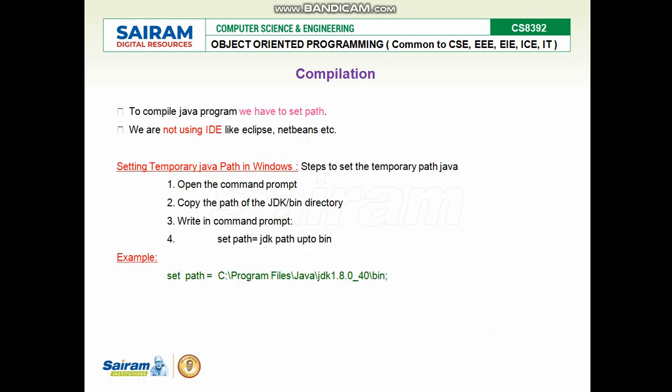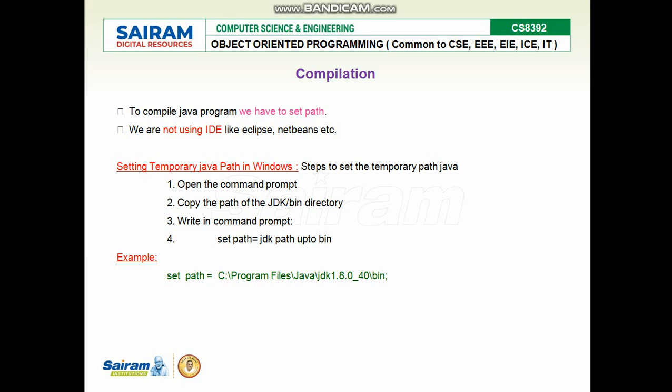So to compile a Java program, we have to set a path. Since I am not using an IDE like Eclipse, NetBeans or IntelliJ, I am going to use the command prompt for compiling and running my Java program. We will be setting a path in two ways.